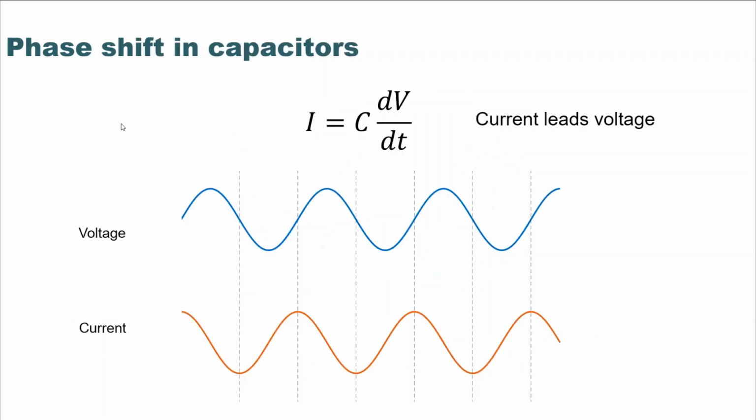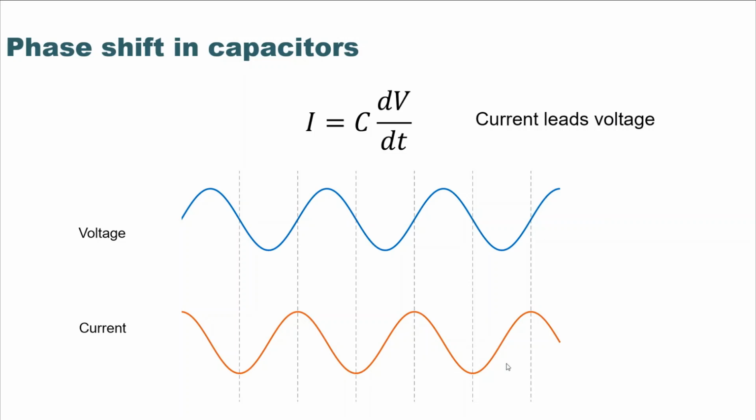The reason we use phase and phase shift in this lab is because it can be used to describe the voltage-current relationship. Remember, in capacitors, the current-voltage relationship follows these equations. If we apply a sinusoid voltage across our capacitors, because the derivative of a sinusoid signal is also a sinusoid, the current will have the same shape as the voltage, but might have a different